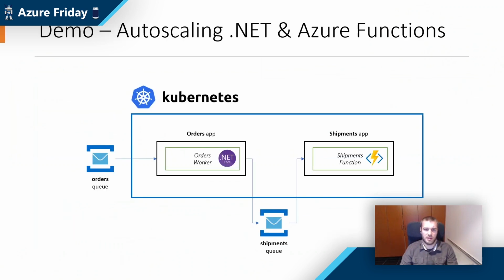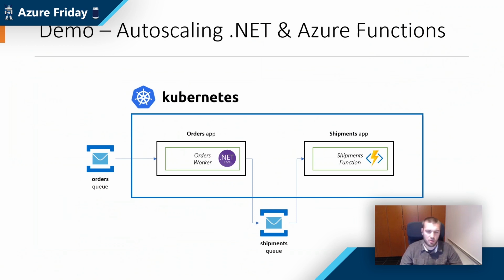Okay, so let's have a look at a demo. In this very basic demo, I have two apps. I have an orders app, which is a .NET Core worker processing an orders queue. And then I have an Azure function, which I'm deploying in my cluster because we want to optimize for the costs. And for compliance, we need to run everything on Kubernetes because that is more of an open standard and the customer does not want vendor lock-in, let's say. Why is this important? If they want to run it on-prem or in another cloud, it's fully portable. And that's the beauty of Azure Functions as well. You can run it anywhere.